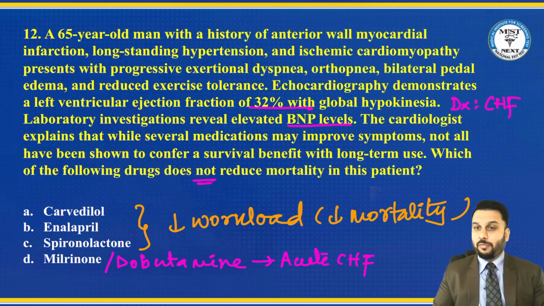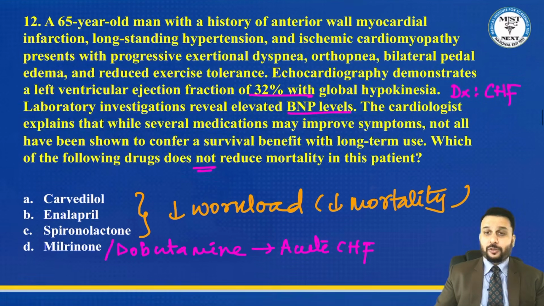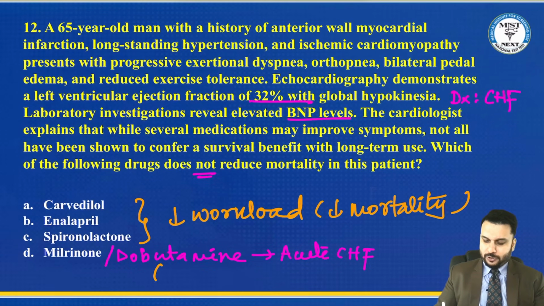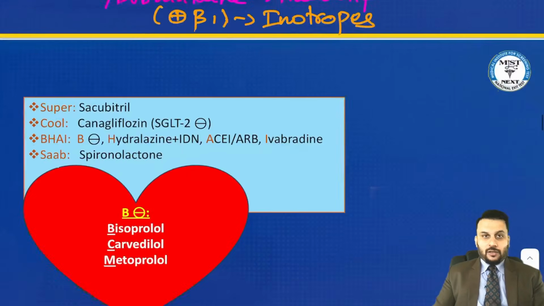All right. So dobutamine stimulates the beta 1 receptor and it increases something called inotropy. So these drugs are called inotropes. Inotropes means they increase the force of contraction of the heart. Okay. Next,